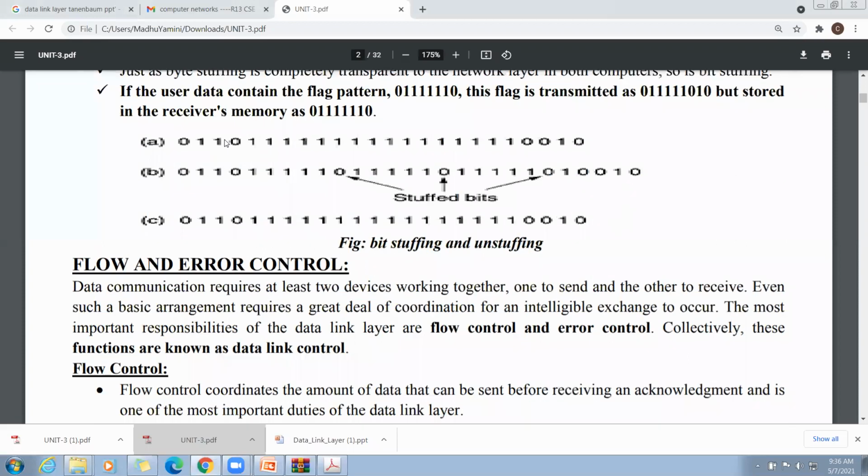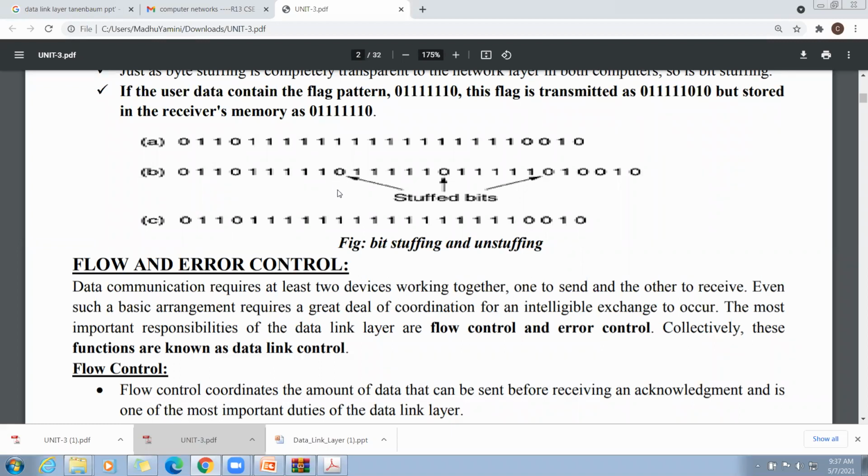Bit stuffing has three parts. The first part is the bit stream containing zeros and ones. In the second, we add some zero bits, called stuffed bits. In which case do we add zero stuffed bits? Whenever our bit stream has consecutive 5 ones, we must stuff a 0 bit after the 5 ones.